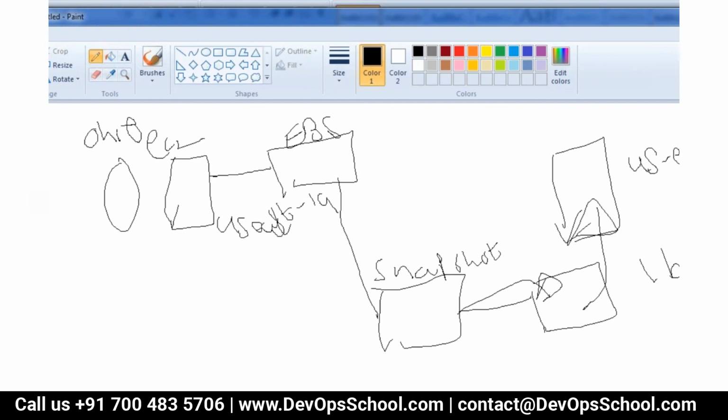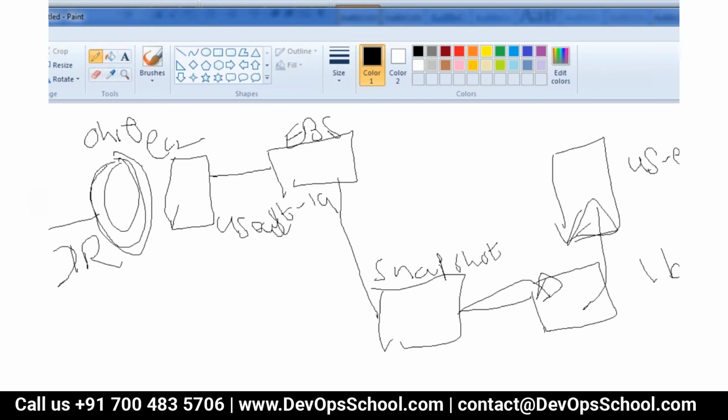It's not a very sophisticated way of doing it, but basically you are creating a storage DR in another region. So if the North Virginia region goes down, you at least have a copy in another region, right? So this is how snapshots are used.